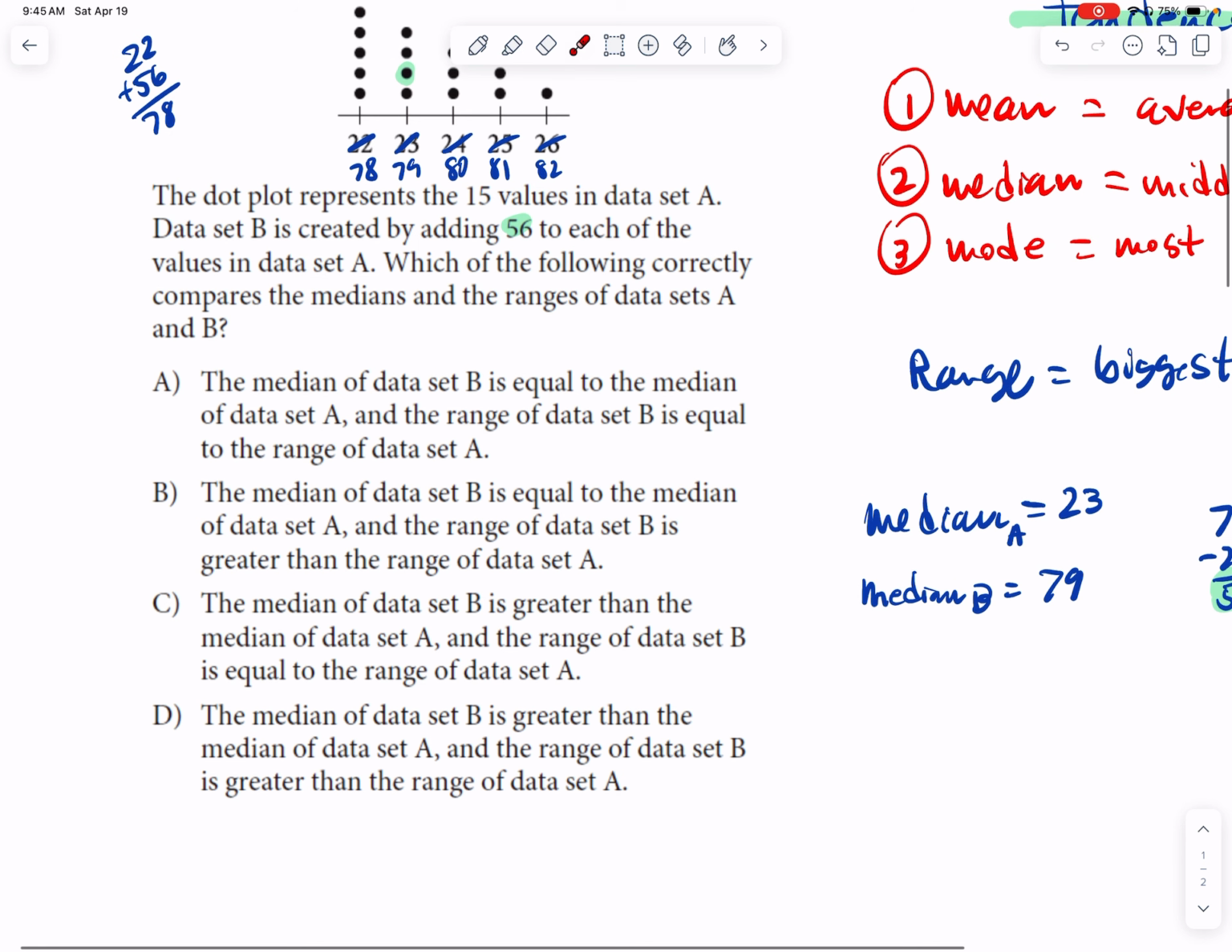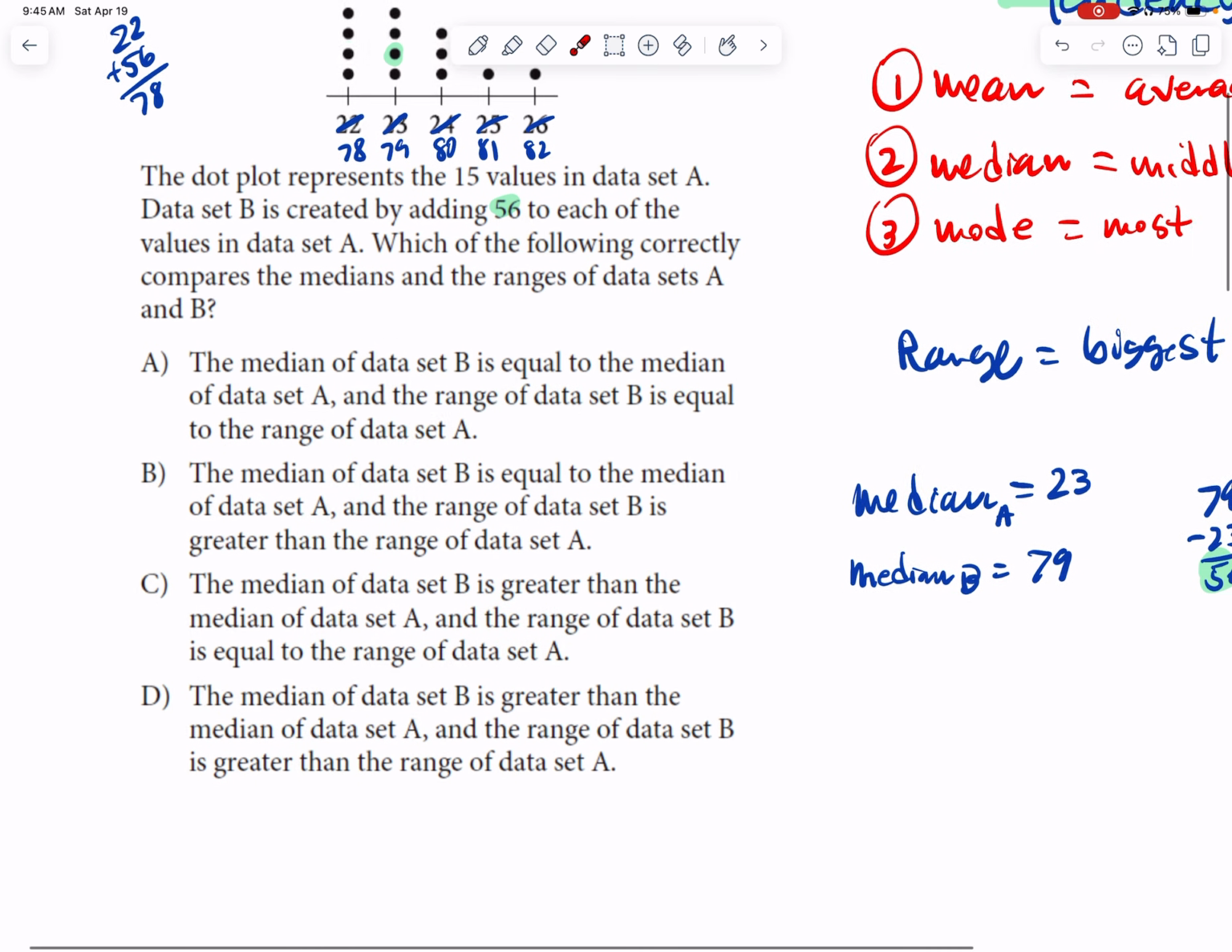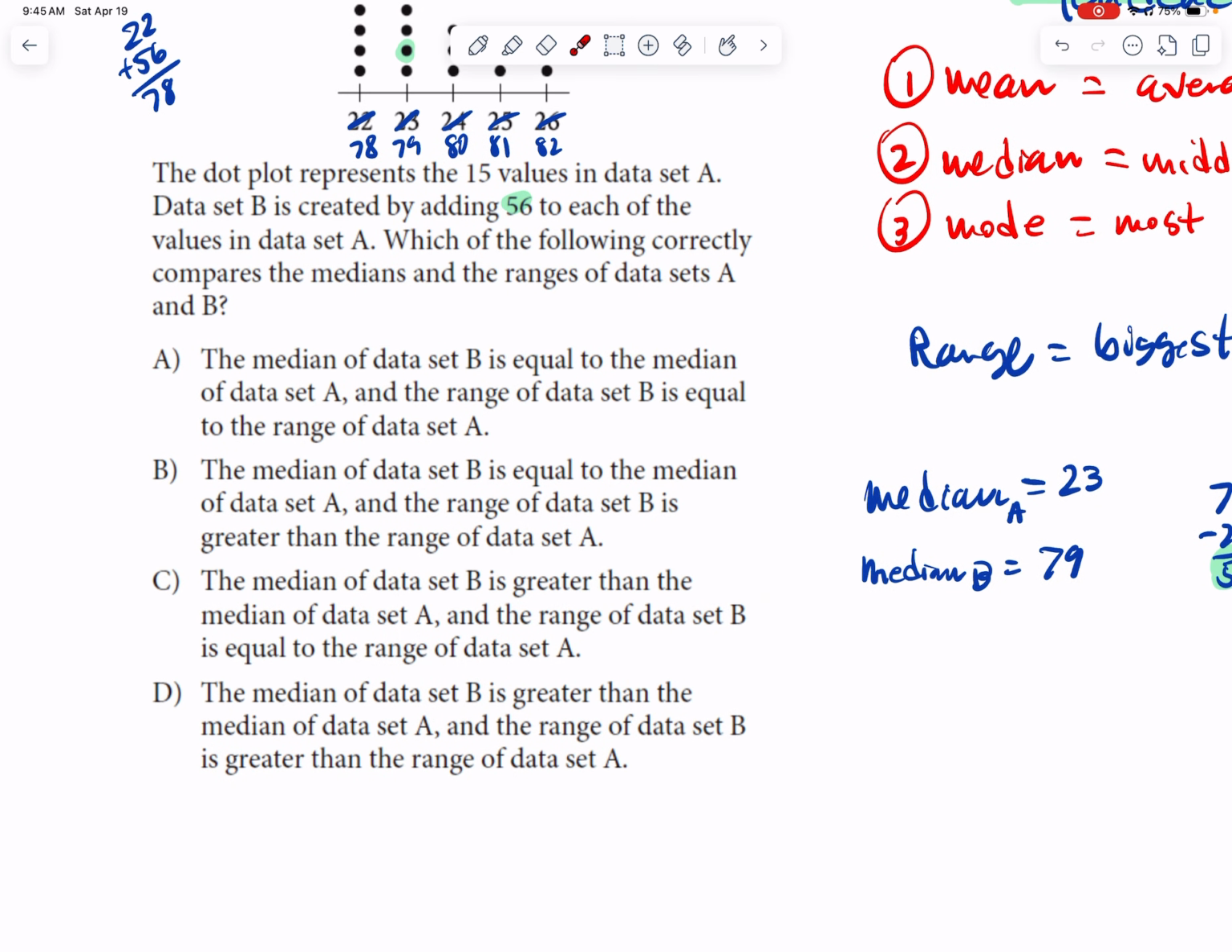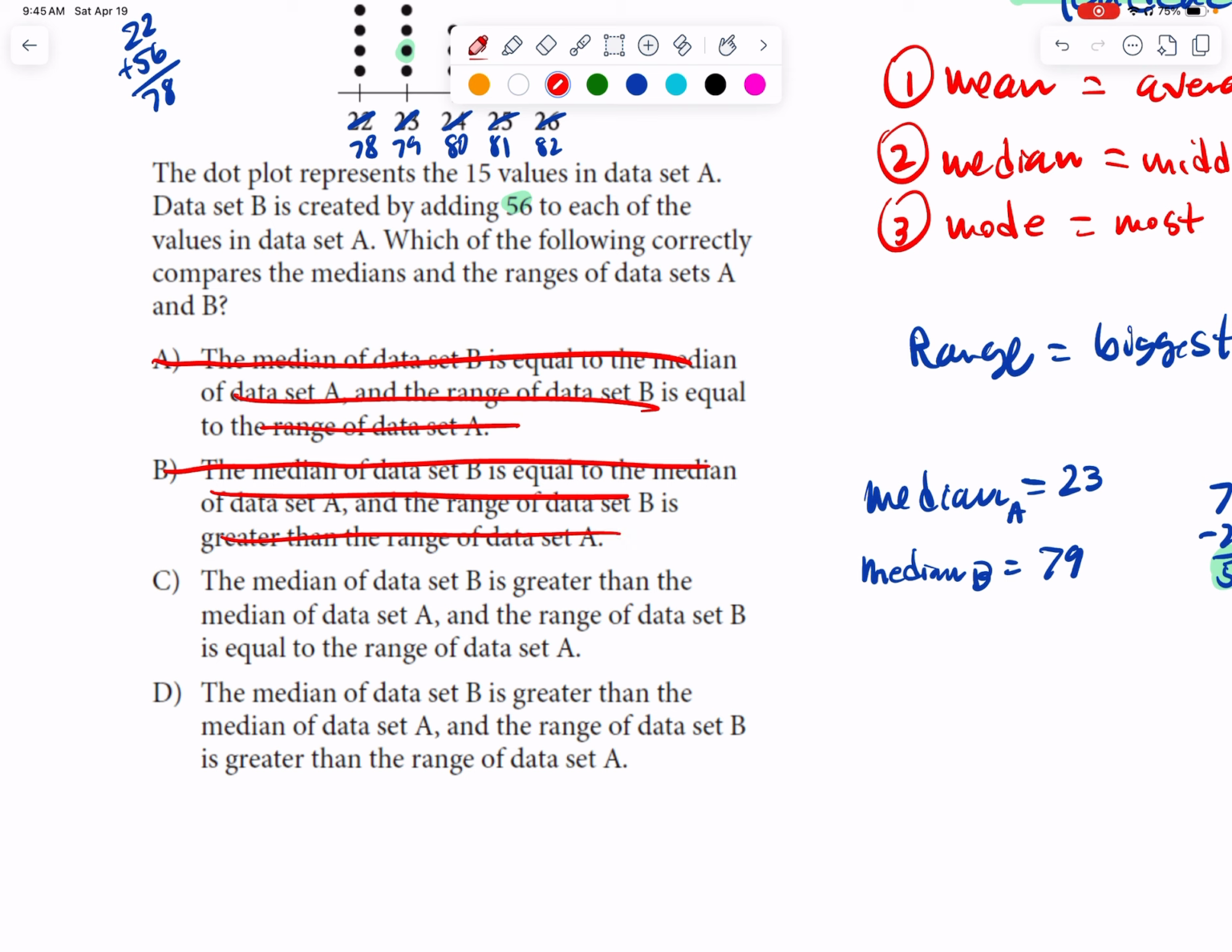So let's look at our answer choices, because maybe we don't have to do anything else, because maybe that's the only one of the answer choices that says that our median increases by 56. So on A, it says the median of the data set is equal. You're done. By done, I mean A is done. That's garbage. On B, the median of the data set is also equal. Well, that one's also done, so we don't care about it. So it's just between C and D. And both C and D say that the median of the data set is greater. So far,